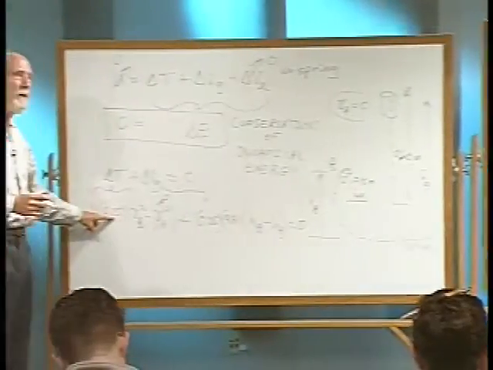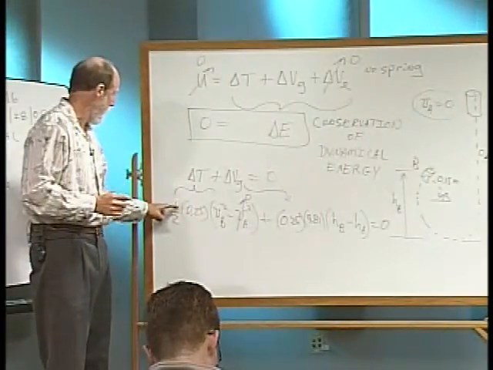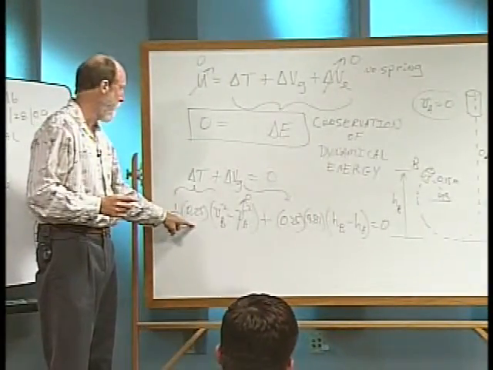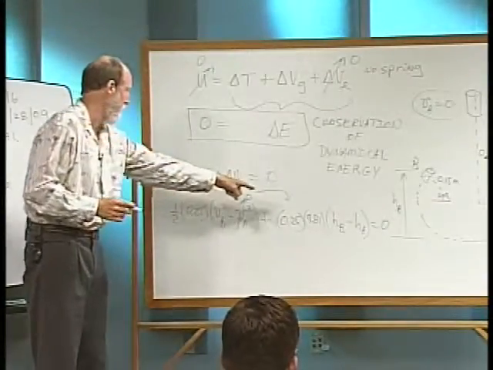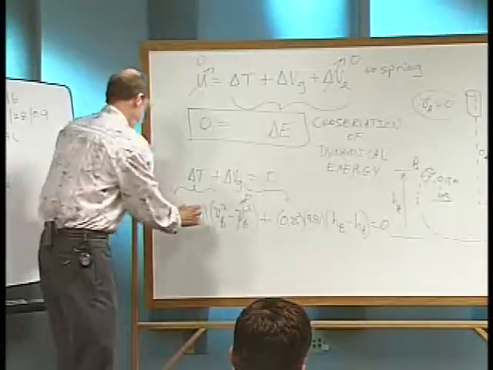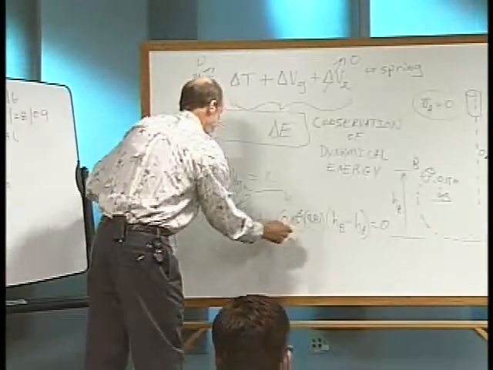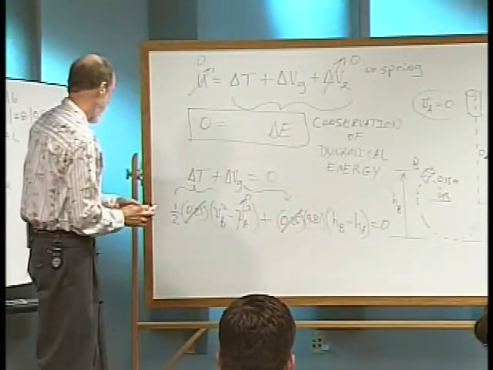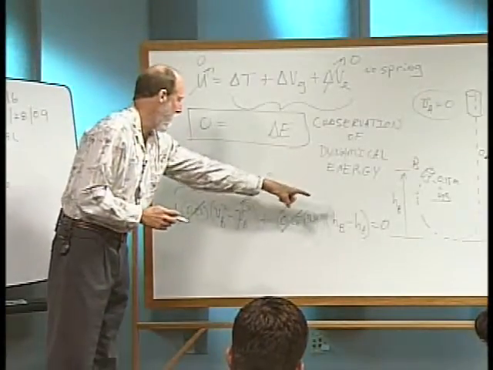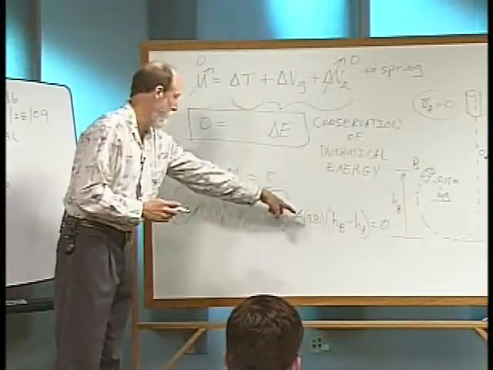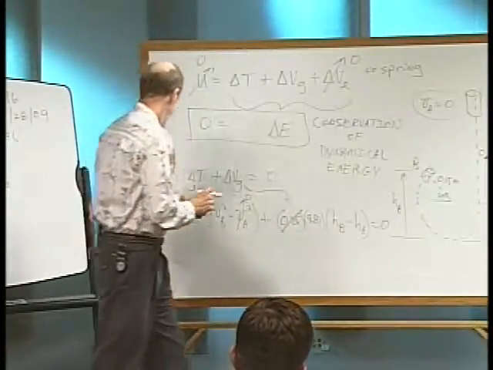So this is 1/4, and half of 1/4 is 1/8. And then we're going to kick those terms. Actually, it looks like the 1/4 disappears, doesn't it? It divides out, so why don't we just divide that out? It makes life a little simpler for us. And then we're going to just kick the 2 over after we've moved the gravitational potential to the other side, and see what we get.